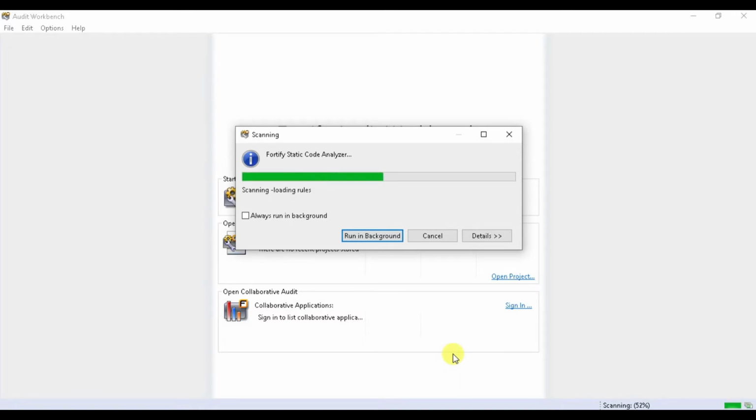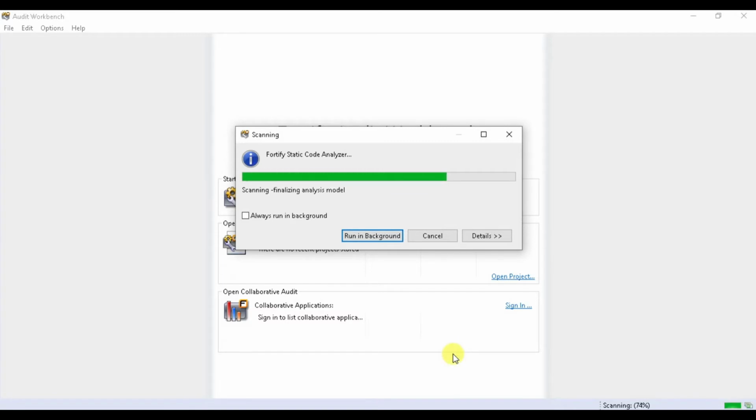It is executing those batch commands of Source Analyzer. As I told you, it translates my project into an intermediate form. On the intermediate it runs its static rules again, and then it will prepare some reports. So I'm just waiting for it to prepare the reports, and we have to wait a bit.